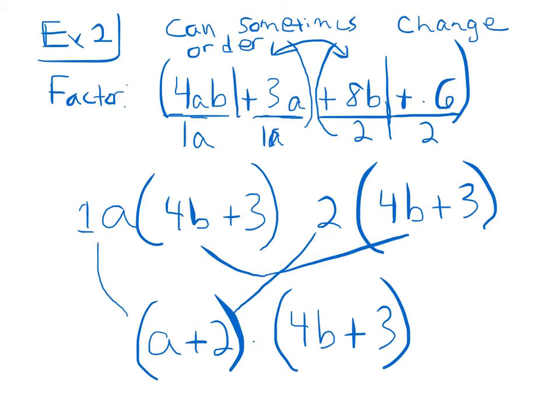And that will allow us at times to find common GCFs of things where we wouldn't have been able to otherwise. So let's look at an example where we need to switch things around. Let's look at example 3. Okay, so if it gives us something that says factor,